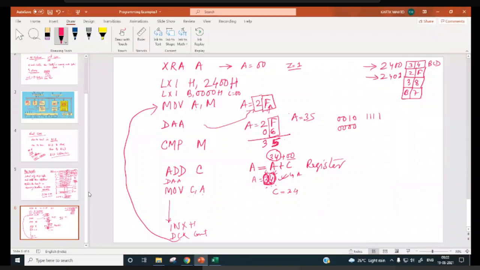So if you add this, 1111 and 0110, then a 1 carry will come over here, like this. So it will be 35. So A will be equal to 35.